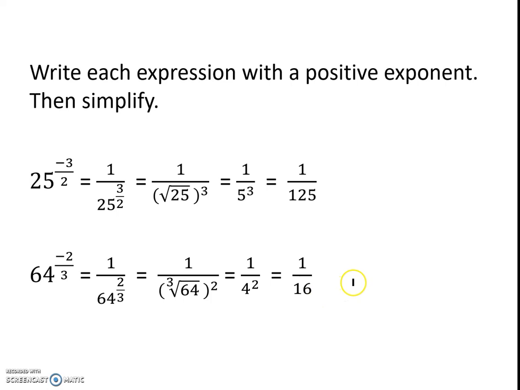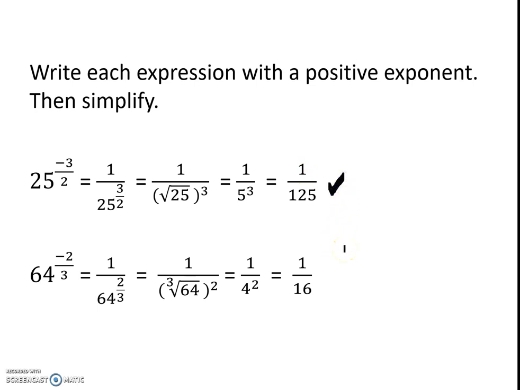Rewriting each expression with a positive exponent, I want you to think of this 25 raised to the -3/2 as 1 over 25 to the 3/2. That negative does not make it a negative number, but simply puts it under 1. Well, we know 25 to the 1/2 is the square root of 25, so that cubed is the same as 25 raised to the 3/2. Well, the square root of 25 is 5, and 5 cubed is 125. We still have that 1 hanging around on top for our numerator,